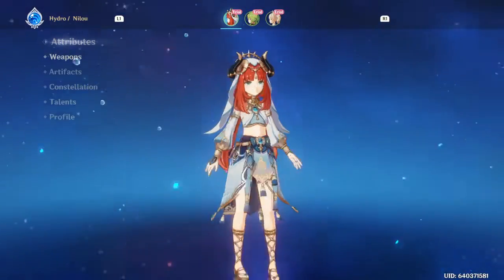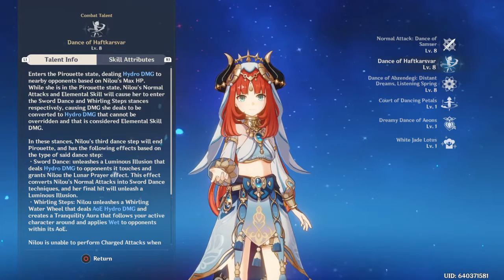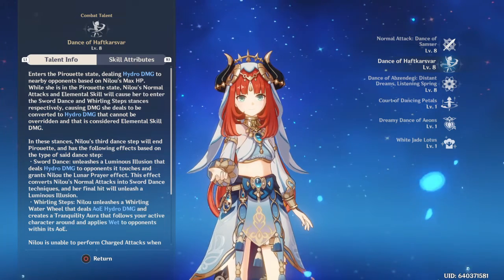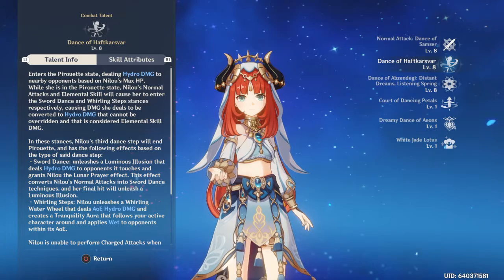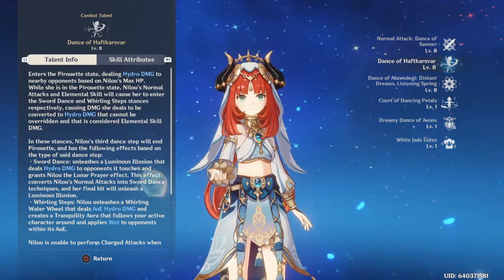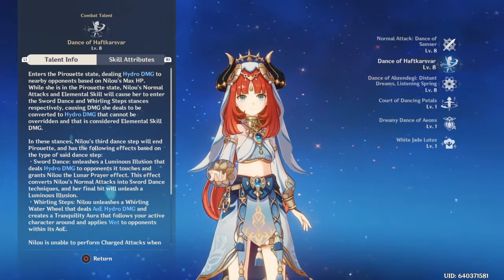But anyways, if you go to the talent section right here, the Dance of Haku Shirva, whatever it's called, she enters some sort of pirouette state, dealing Hydro damage that scales off of max HP, right? But in these dances, her third dance step will end pirouette and has the following effects based on what happens during that set. Her sword dance unleashes a new lesson sword, and the whirling step unleashes a whirlwind wheel that